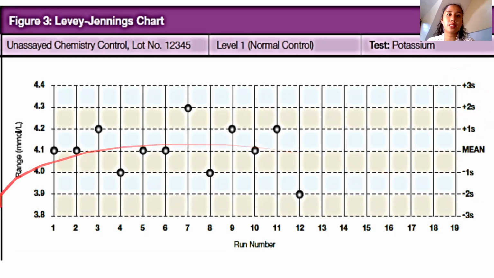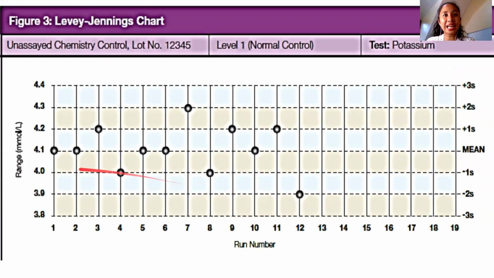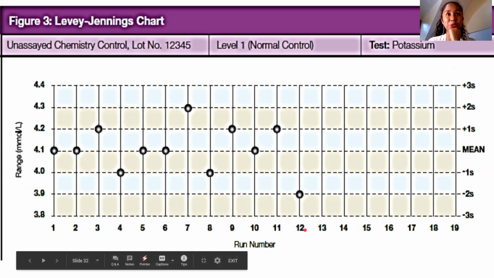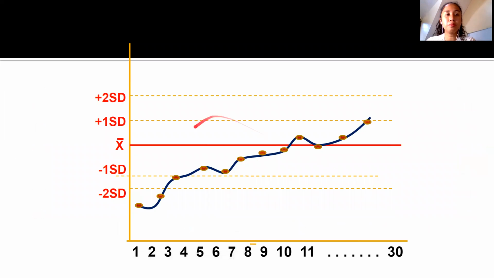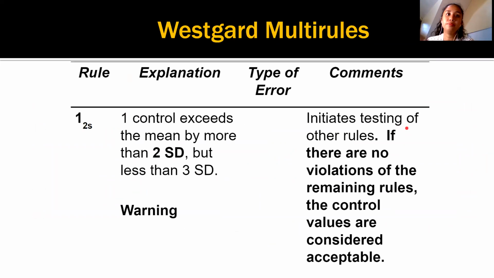So basically, this is the anatomy of your Levy-Jennings chart. This will represent the quality control over the last 12 days of potassium, the normal control of potassium. The medtech tested the normal control of potassium over the last 12 days and so far, these are the results. Suppose this is not potassium, suppose it is glucose. So, class, to assess